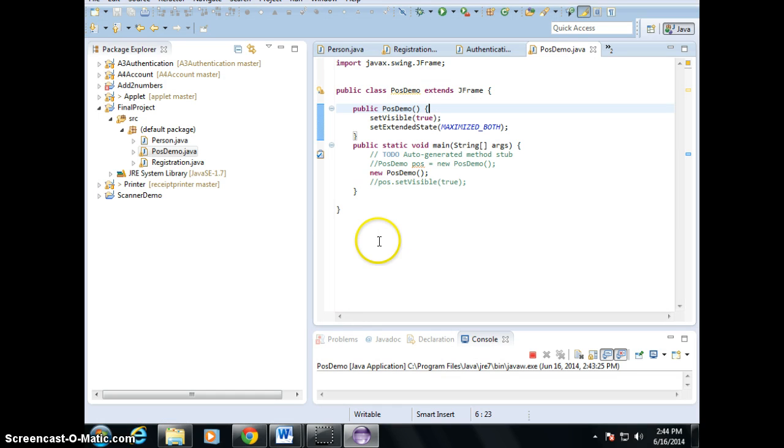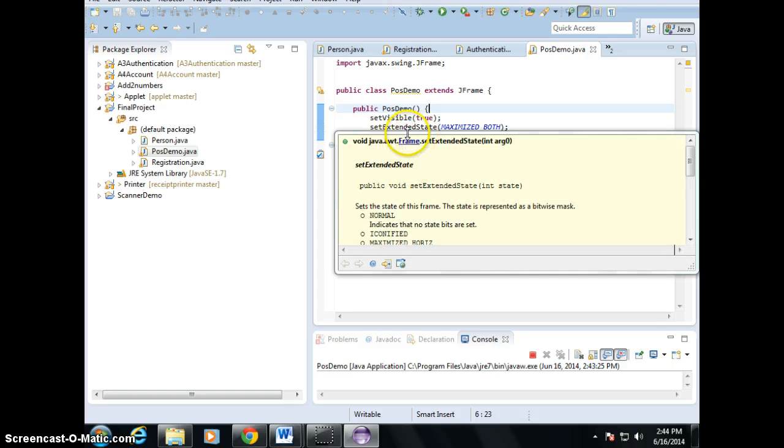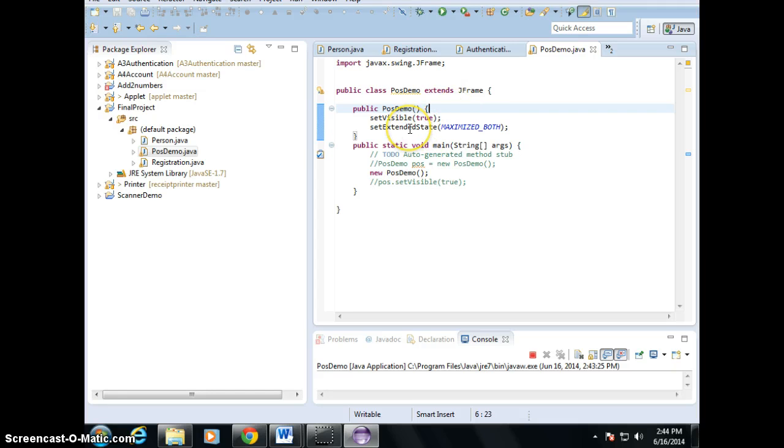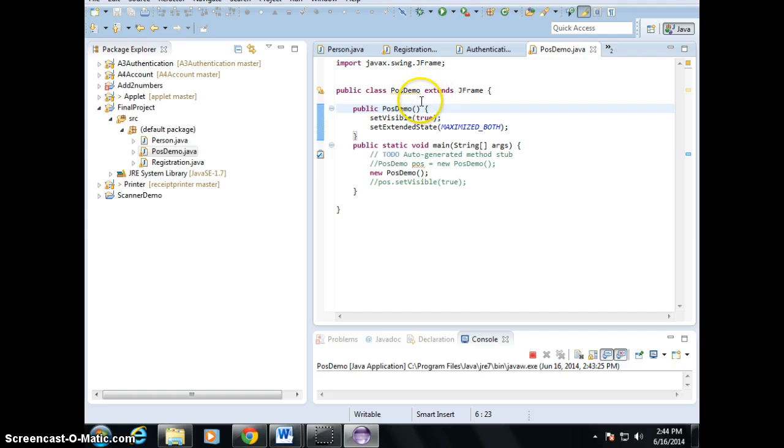Now, sometimes the method you may not find there because it comes from the parent. If you move your mouse up, that's another way. It shows you how to use that and shows you where it's coming from. This comes from Frame, because JFrame extends from Frame too. Just the same way that we extend like that. Alright, so come back to this. We get the GUI up, right? For that, let me just make a little small